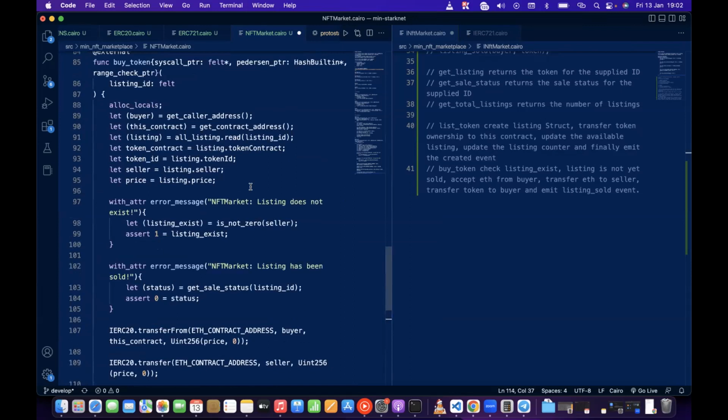The token that was listed, the listing rather. Okay, yeah, and we are going to now return. So I think with this, we just got our